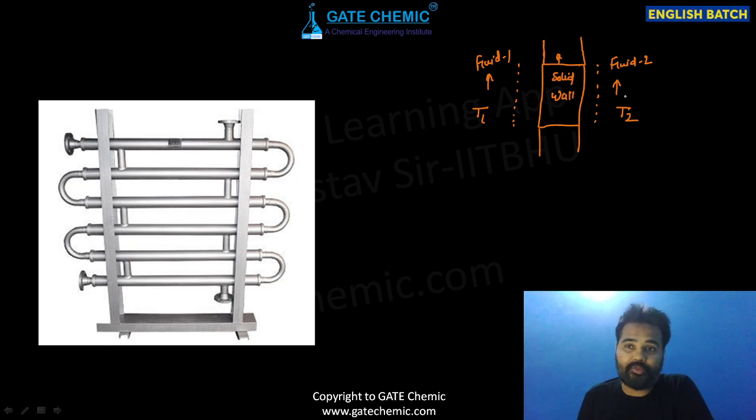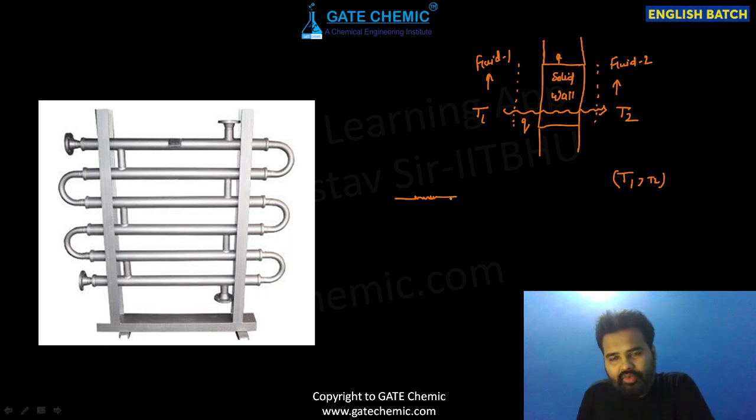Now beta, if T1 is greater than T2, then definitely heat is going to travel from this side to this side. This is Q, the rate of heat transfer from left to right side. When it starts flowing, it will first feel one resistance here. If this side's heat transfer coefficient is H1 and the surface area is A1, then this resistance will be 1 upon H1 A1.